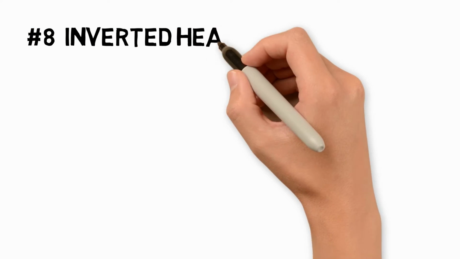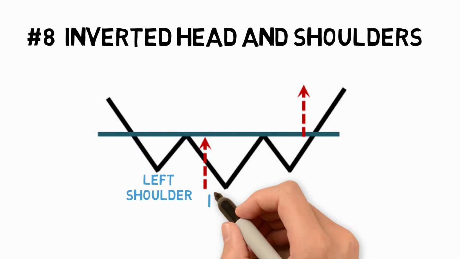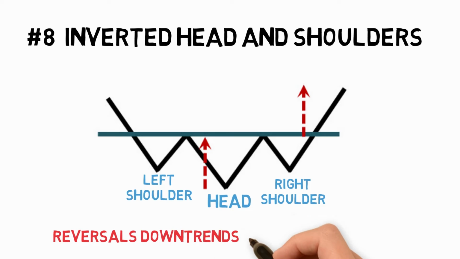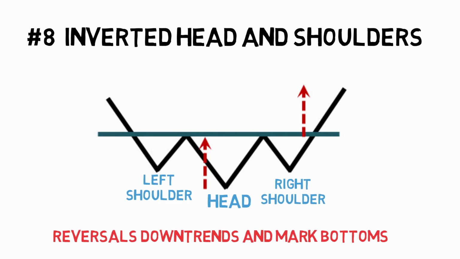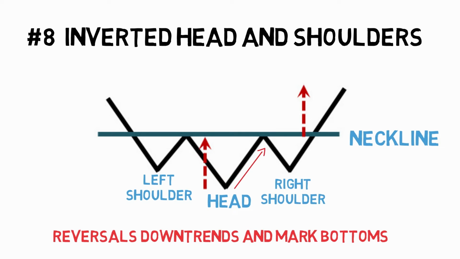Inverted head and shoulders. Like the head and shoulders but upside down, the inverted head and shoulders is used to predict reversals in downtrends and mark bottoms. This pattern is identified when the price falls to a low and then rises, forming the left inverted shoulder. Then the price falls lower than the first low and then rises back up to the neckline again, creating the